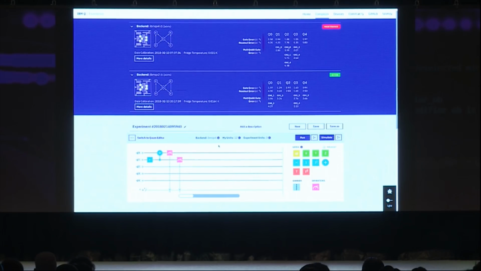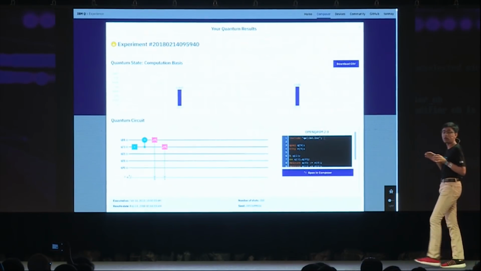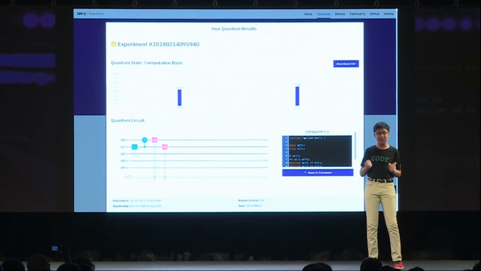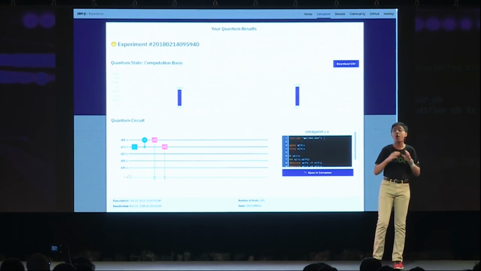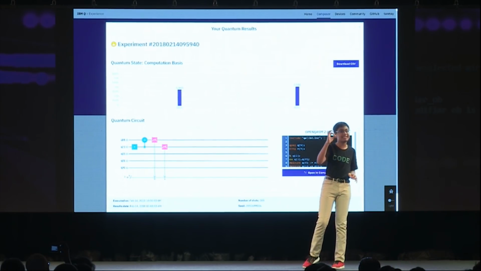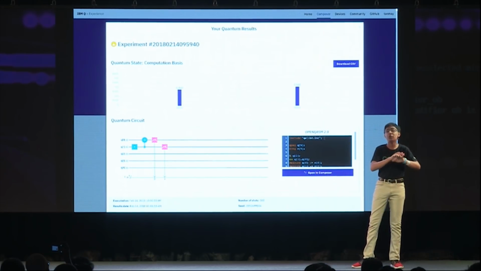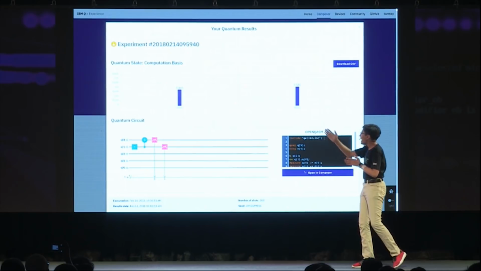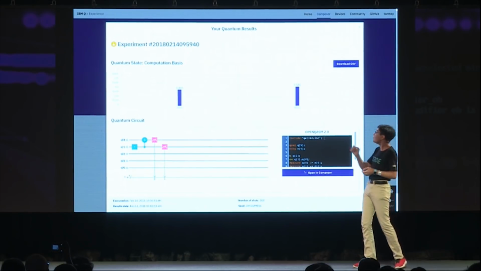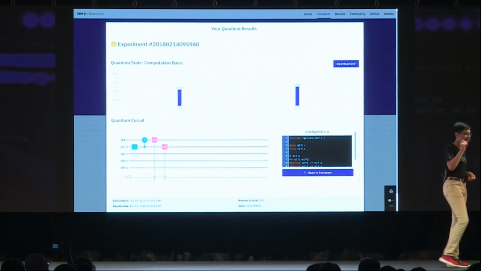All right, so now again, remember, when the second qubit is in superposition, its value is a 50-50 chance between being a 0 or a 1. And because the first one's entangled with the second one, its value should always be the exact same. So 50% of the time, we should see a 0, 0 output, and 50% of the time, we should see a 1, 1 output. We shouldn't see any other kind of output. And as you can see, we see 0, 0 46% of the time, and 1, 1 54% of the time.